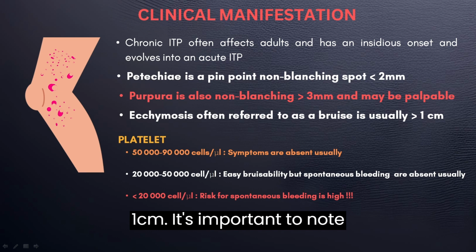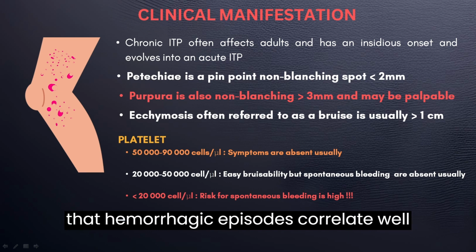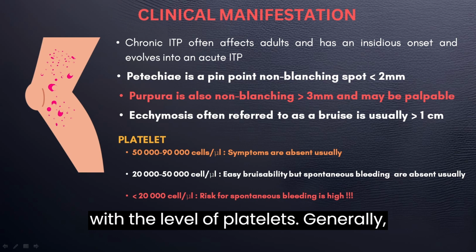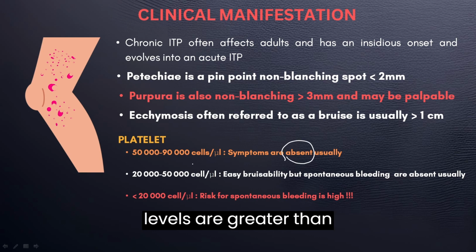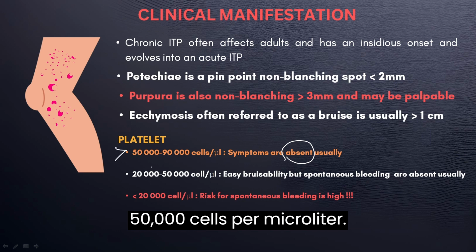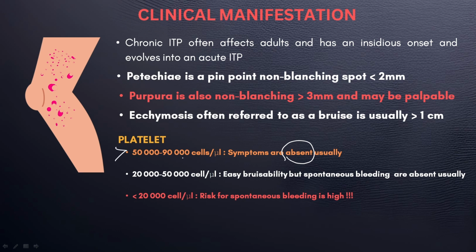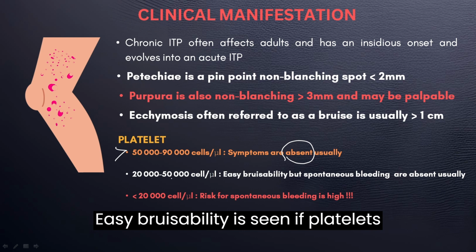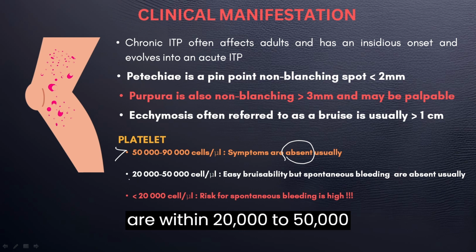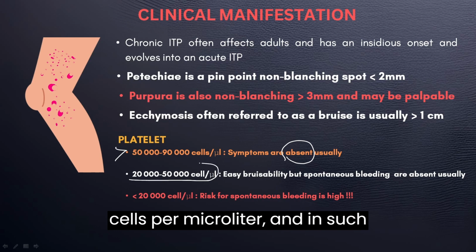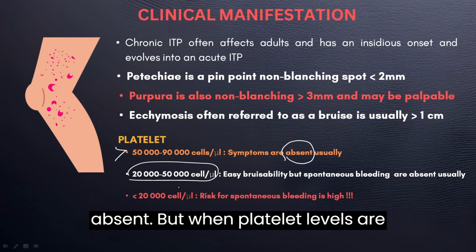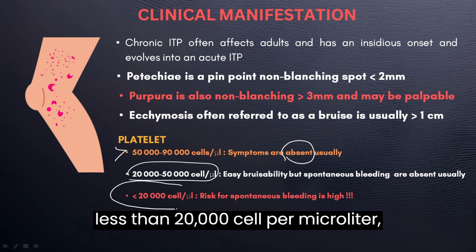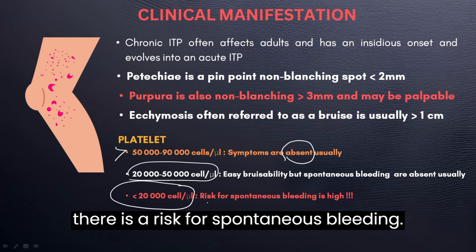It's important to note that hemorrhagic episodes correlate well with the level of platelets, and generally symptoms are absent if platelet levels are greater than 50,000 cells per microliter. Easy bruisability is seen if platelets are within 20,000 to 50,000 cells per microliter, and in such cases, spontaneous bleeding may be absent, but when platelet levels are less than 20,000 cells per microliter, there is a risk for spontaneous